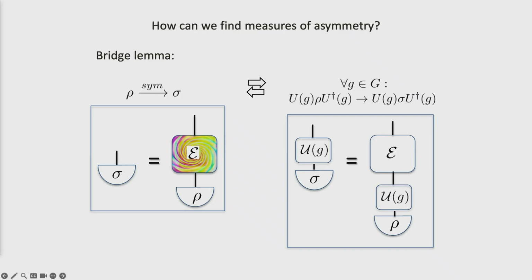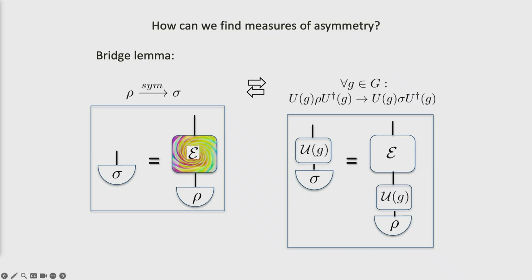Some element of the orbit of rho, you act E on it, and it goes to the corresponding element of the orbit of sigma. Now, if you forget for a moment that the elements in this set are labeled by a group, all this is saying is that this set of states goes over to this set of states under some processing. And that's a problem in information theory. I might say, I have a set, it's encoding some classical information. Let's say the set has n elements in it, so log n bits of classical information is encoded in this set. I have a message 1 to n. I prepare a quantum state, rho i, to encode that message.